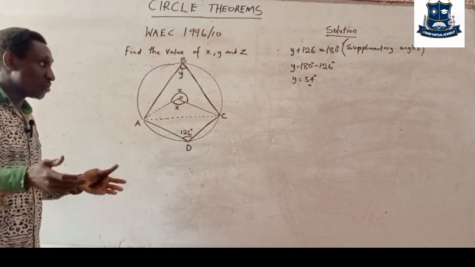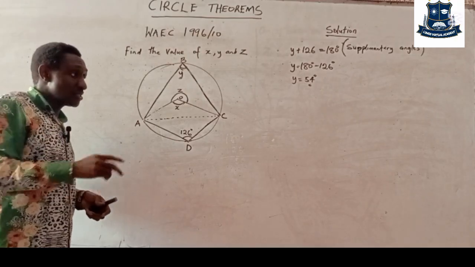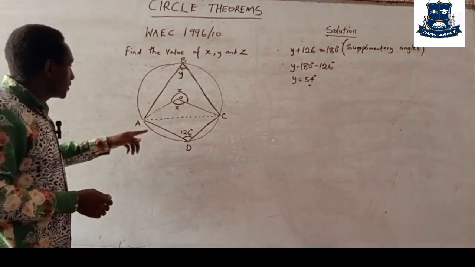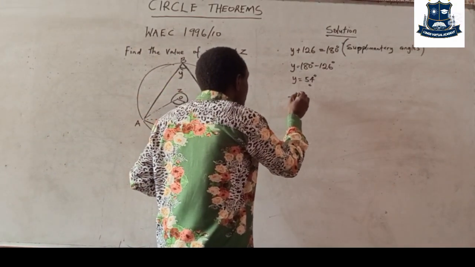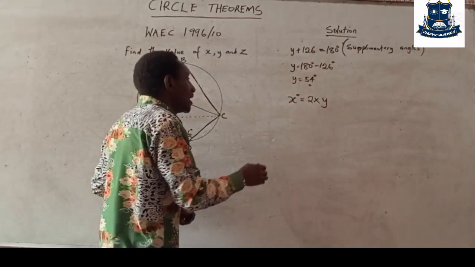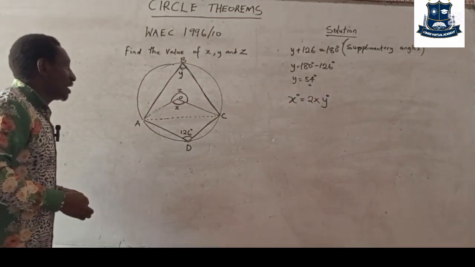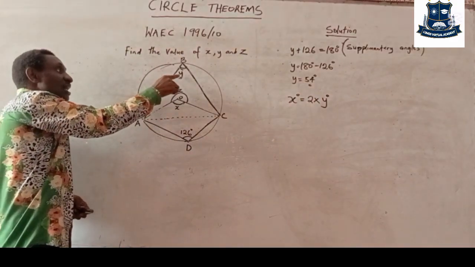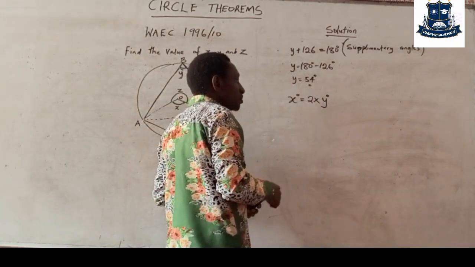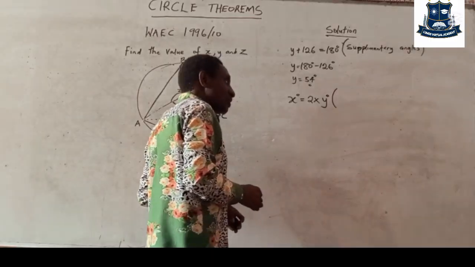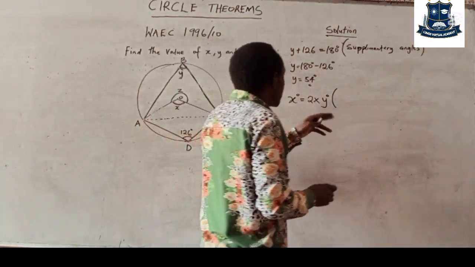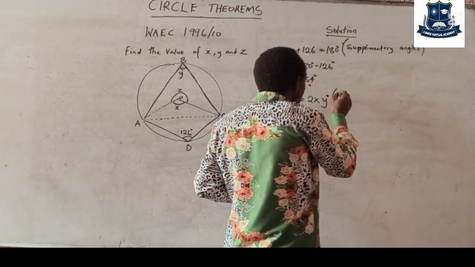So that brings me to that other law that says an angle at the center is 2 times the angle at the circumference. So the angle at the center, in this case, is x. Angle at the center is x, is equal to 2 times the angle formed at the circumference. That is y. Remember I said if you make a statement, you always put your reason in bracket. Your solving is not complete without giving us your reasons. So here I can say angles at the center